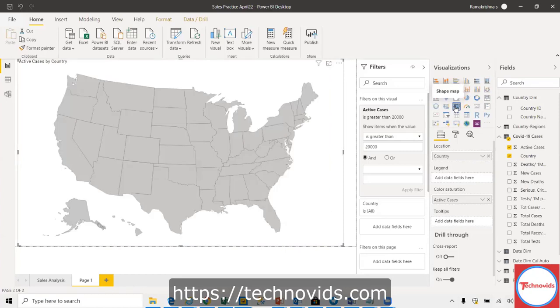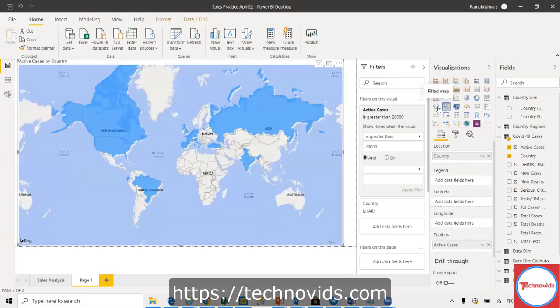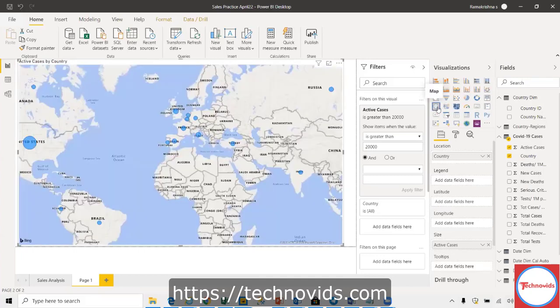Shape map. So like this, it is giving 2-3 options. I think there are many more than this, but generally people use these two kinds of maps. So this is how the data will be represented. Of course, you can format background, foreground, and all those things. We will come to these details once more, in one of the classes this week itself, mostly.